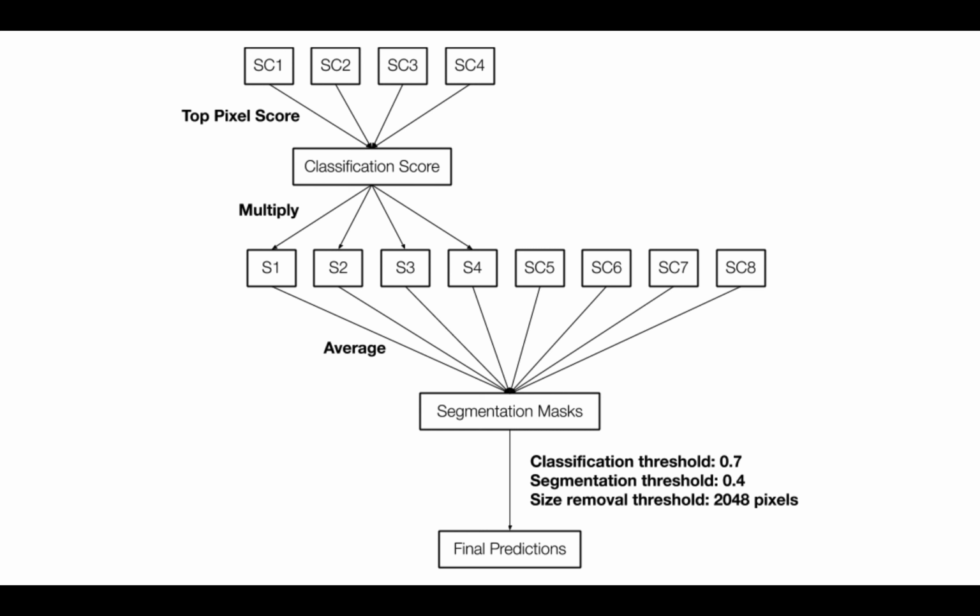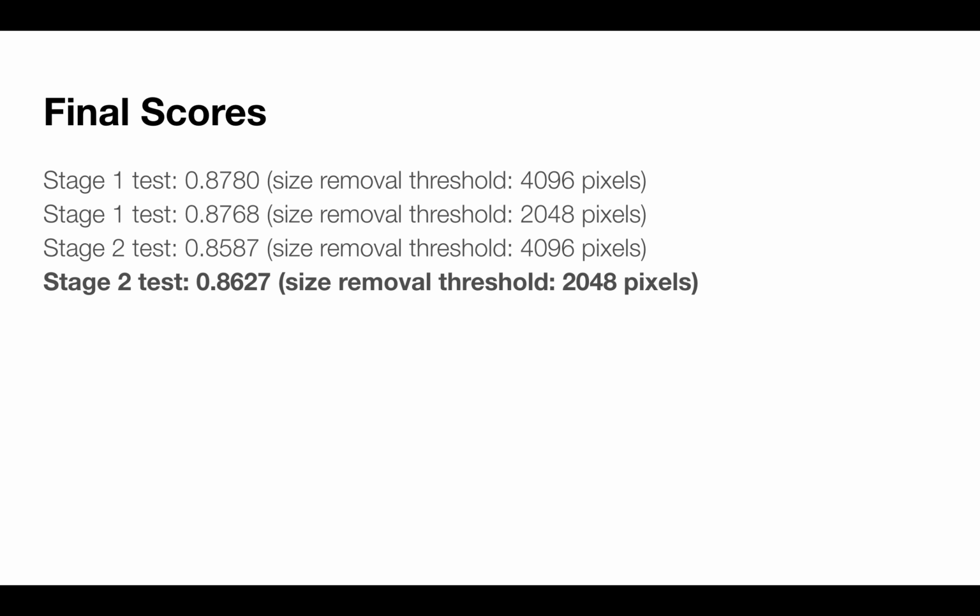And then we have 4 other joint classification segmentation models where we just take their predictions as is, and we average all of these together to get our segmentation masks. We apply our classification threshold, and then use a lower segmentation threshold for those images that met the classification threshold. And finally, we use a size removal threshold to get rid of small masks. And because the metric penalizes false positives more than false negatives, we found that this was very beneficial in improving our performance. Our final scores on the stage 1 test set were 0.878 with the size removal threshold of 4,096